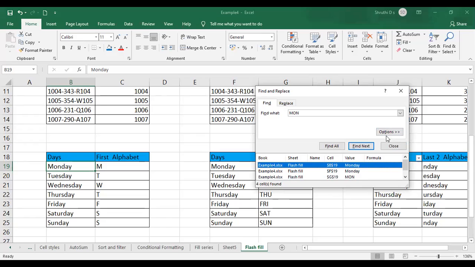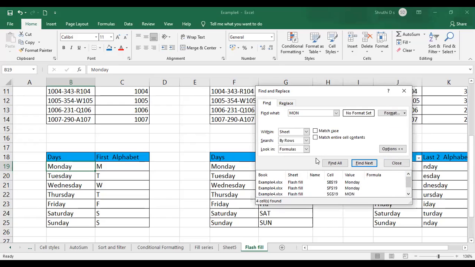Now if you want more options, this will be performed in the particular sheet. That's all, right? I have an option over here, Search: within Sheet. If you change that to Workbook, it will do the find in the entire workbook. I have so many sheets over here. It is going to check all the sheets for the particular text which I have given here.